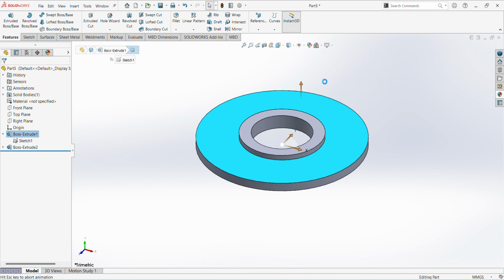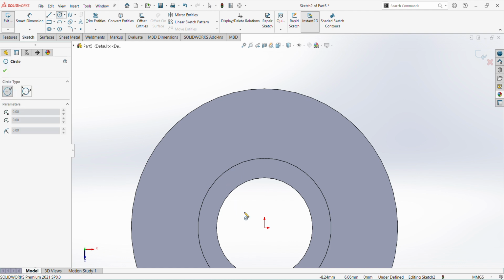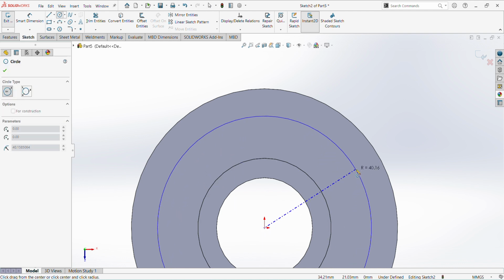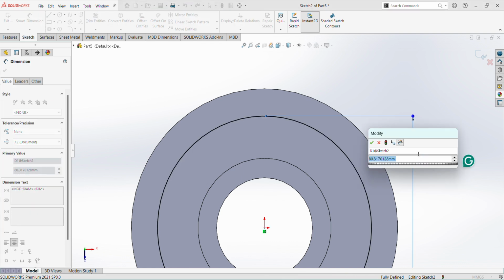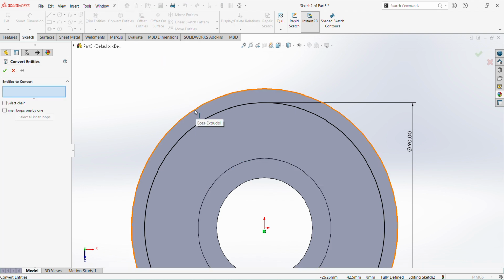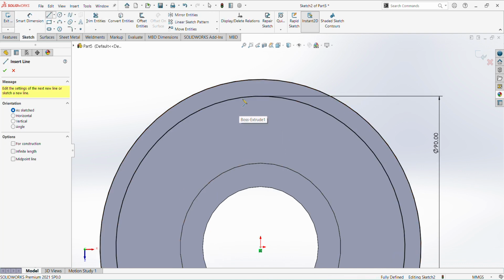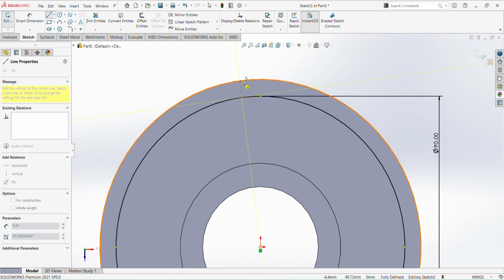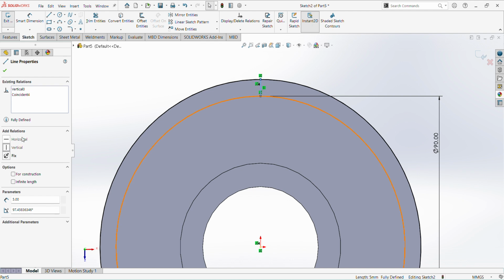Next select this face, sketch, create one circle first, dia 90, convert entities, select this outer circle, okay. Create 2 lines, do the vertical constraint,